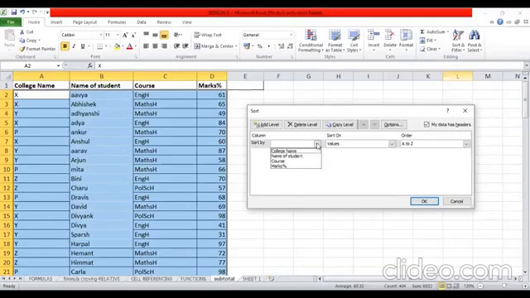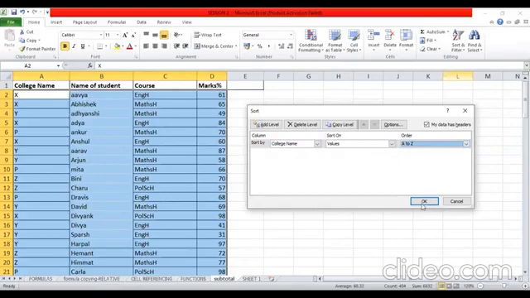I want to sort by college name, because that is the basis on which I want to create my subtotals. If I don't have a header in my data, then here I will get the column letters A, B, C, D. Then it asks sort on what? I want to sort on the values of the college name, and in what order. The order depends on my wish; in my case, ascending or descending doesn't matter.